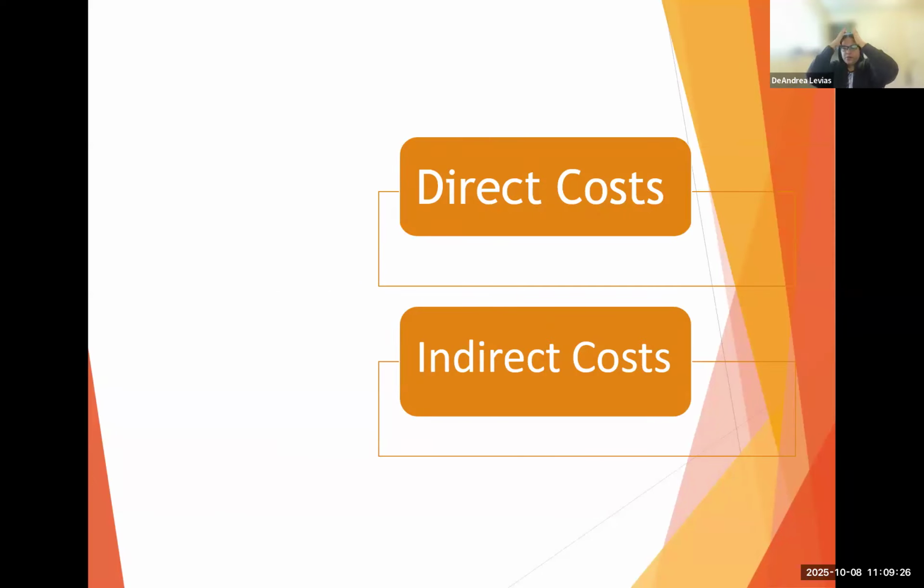So we're going to talk about the different costs. So, different program costs. Direct costs are things that you can trace directly to the program or funder. So say you have, I don't know, 3 different programs that are funded by 3 different funding sources. An example of a direct cost would be staff costs. Even if you have staff that are doing 50% in one program and 50% in the other program, that is a direct cost that you should be able to document and trace to the program,